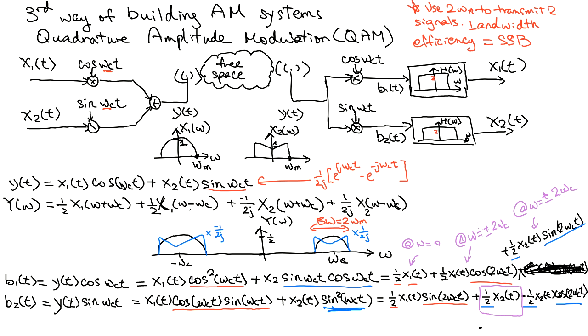So in modern days, x1(t) is not your voice anymore. It's not just radio station. X1 and x2(t) can itself be a high speed, like 1 terabit per second transmission digital signal,